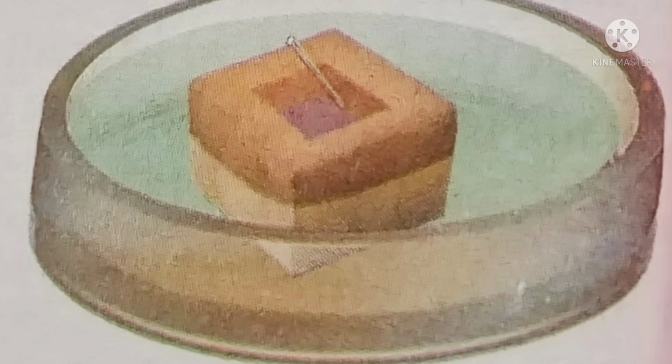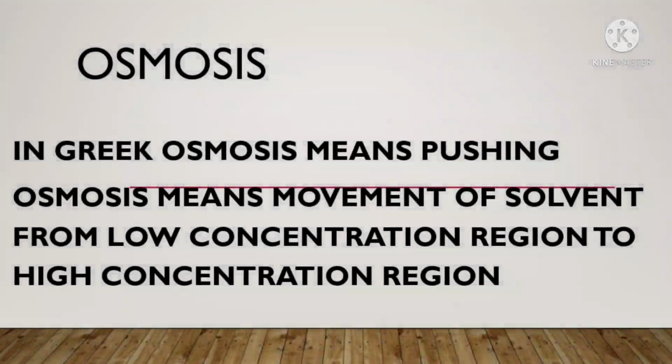Note your observation and compare with that of your previous one. From the observation, we can conclude that water always moved towards the high concentrated sugar solution due to the process of osmosis. In Greek, osmosis means pushing. We see that the movement of water through a membrane in osmosis is from less solute concentration to more solute concentration. The membrane that allows water is called a permeable membrane.